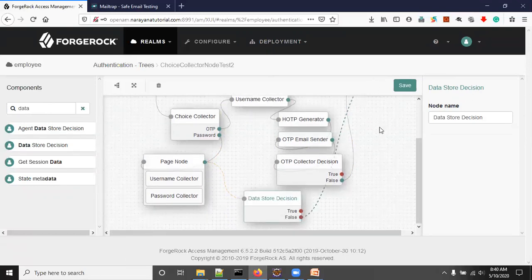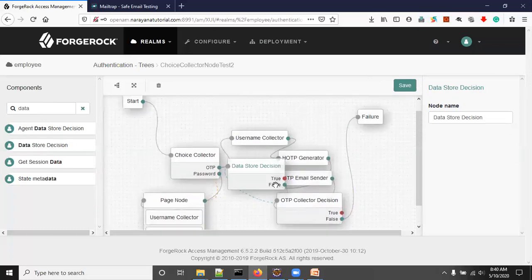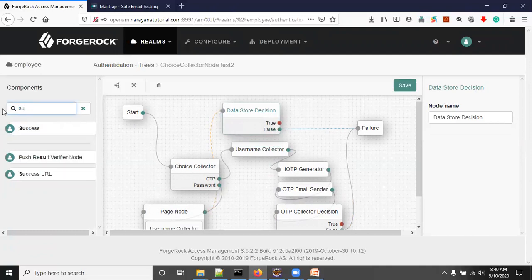So after doing relayout like this, I'm dragging false to failure, and if authentication is successful, we have to pass to the success node. This is the success node. Drag to success. Now click on the layout, auto layout.